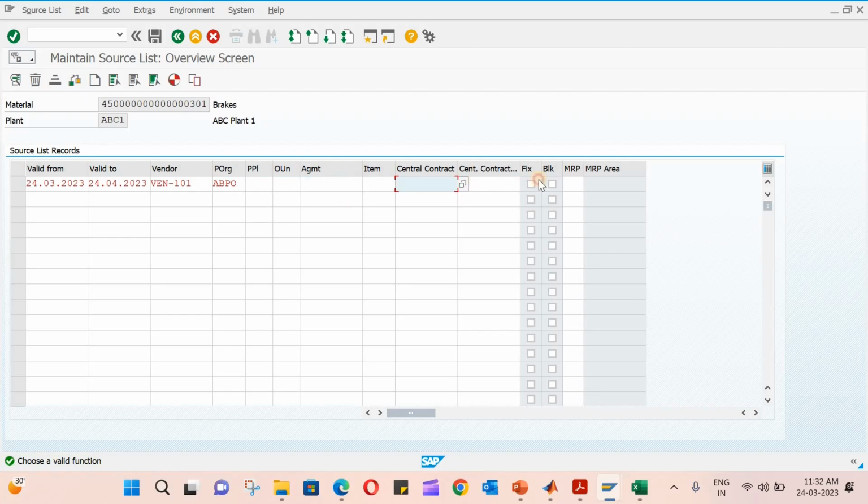So this is not required. Suppose if you want to fix this vendor, you can click here. So whenever you are creating PO, this vendor will be picked, and if you want to block the vendor, you can just block this vendor for this particular duration. So if you click on this, if you select like this, and if you go to